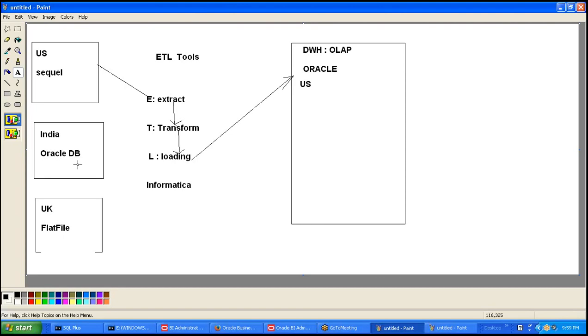Already I have an Oracle system here. Even my target is also Oracle. So what I can do is extract, which is nothing but pulling the data. Now, do I need to convert the data from Oracle to another format? The answer is no. I do not need to convert any data. So here directly we can go with simple pass transformations and then load the data into the warehouse. So directly I can load it.